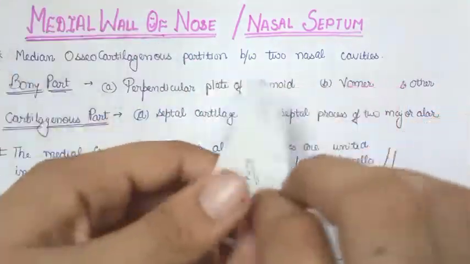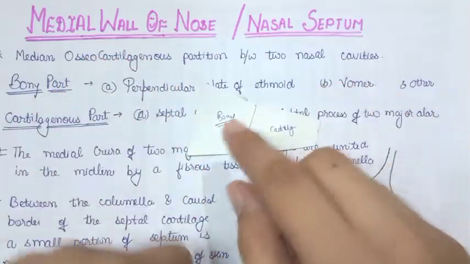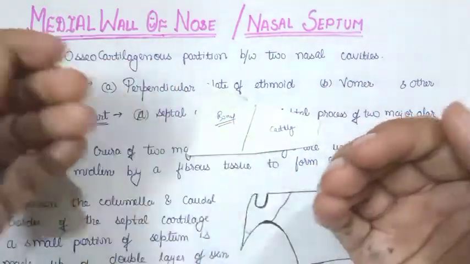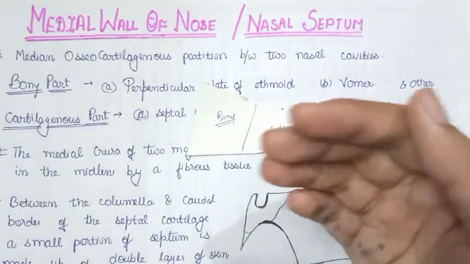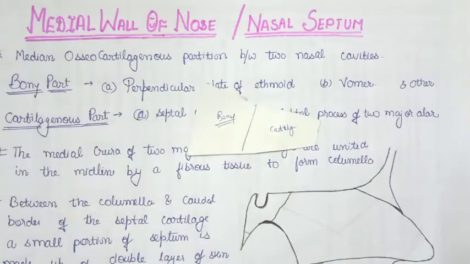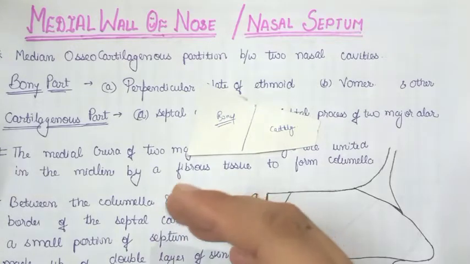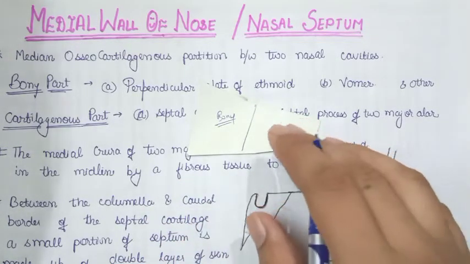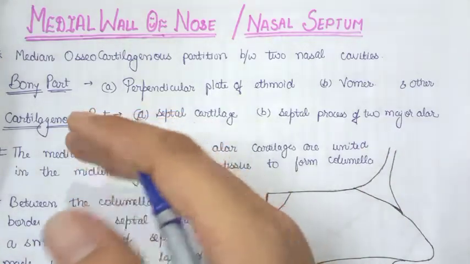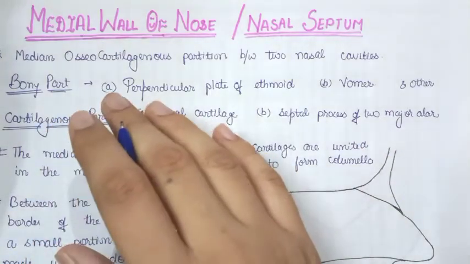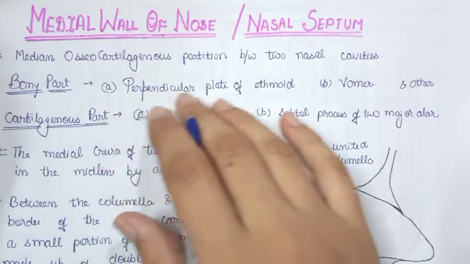If you take it out, you will see it has one bony part that is situated posteriorly and a cartilaginous part which is situated anteriorly. The story of the medial wall is to know the parts it is made up of, that is, which bones contribute to the bony part and which contribute to the cartilaginous part. So let's have a look at the diagram first. But before discussing the diagram, let's orient ourselves to the theory part.